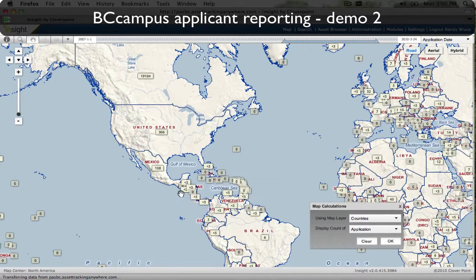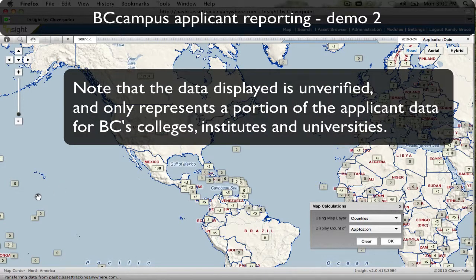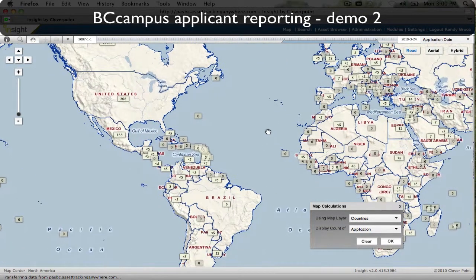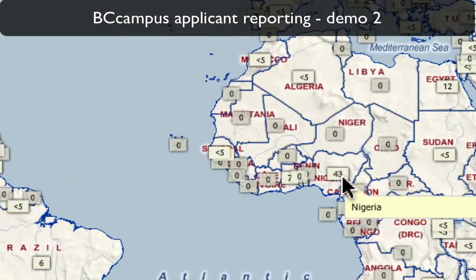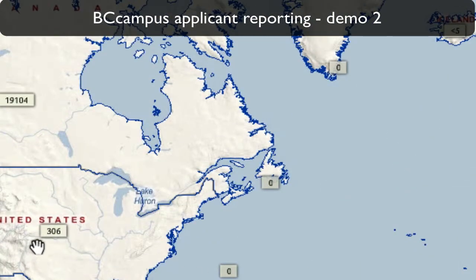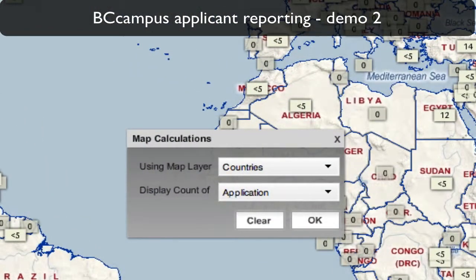You can see that there's some extraneous data, and I need to point out that at this time the data is unverified and only represents a portion of the total applicants to BC's colleges, institutes, and universities. So you can see a variety here. You can see Nigeria, it's 43 applications last year to BC institutions, 306 from the US. And we can do some further